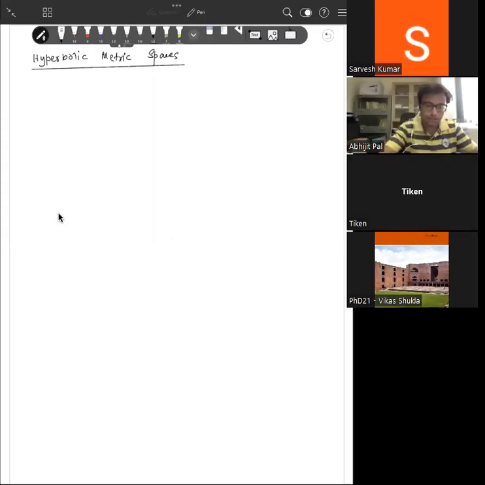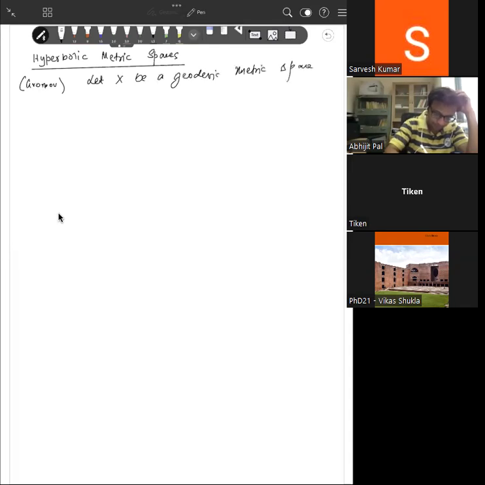So it is a generalization of the upper half plane with hyperbolic metric, and it is given by Gromov. Okay, so let us begin with a geodesic metric space. And so let us fix delta greater than or equal to 0. So X is said to be delta hyperbolic